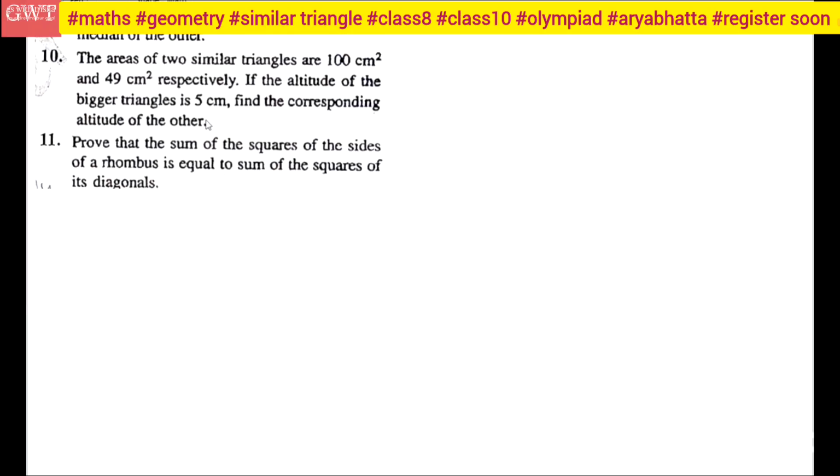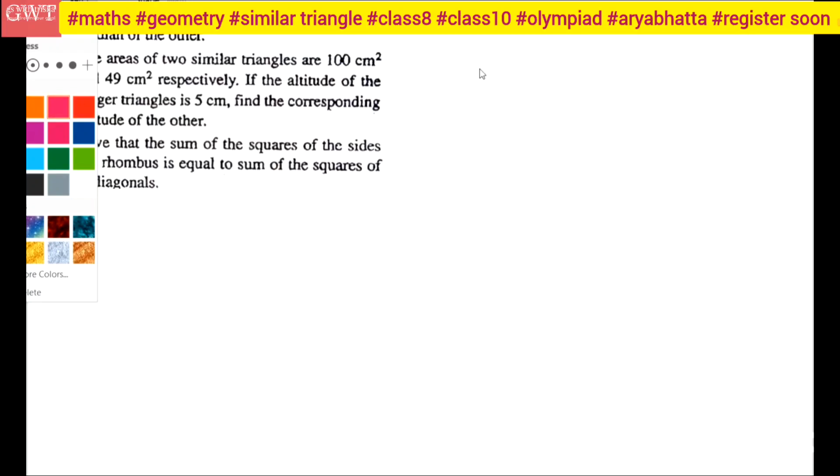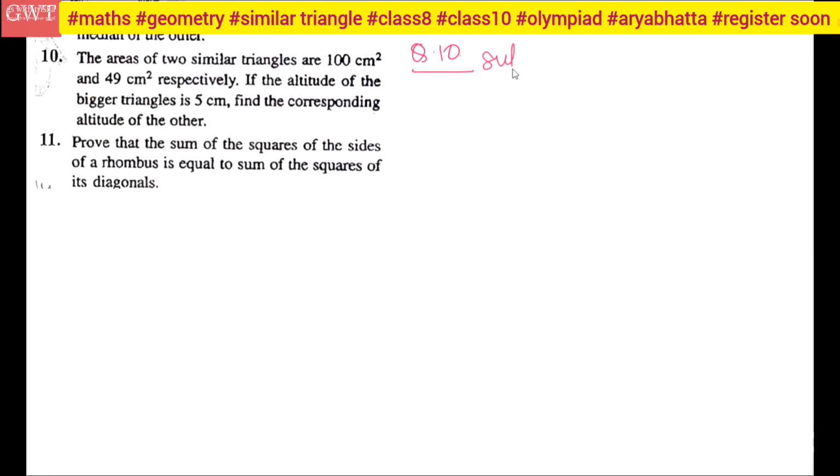See, in question number 10 they have asked that the areas of the two similar triangles are in this ratio, the altitude of the bigger triangle is this, find the corresponding altitude of the other. So it is very simple. Suppose the other altitude is h centimeter. So applying Thales theorem,